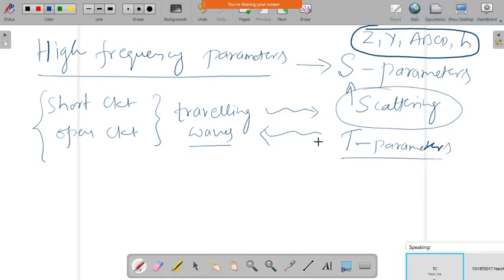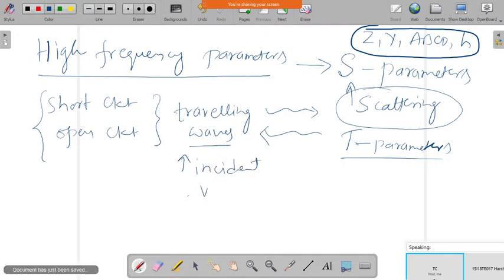Okay. So we have T parameters, or transmission parameters. So now how can we formulate these S parameters? This S and T parameters will be formulated. We can take some two-port network and define this. So how can we define these scattering parameters with respect to the incident and reflected voltages?